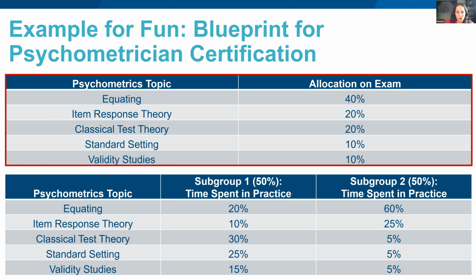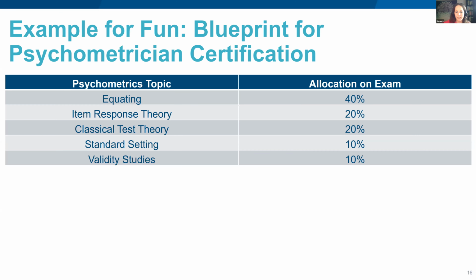Either way, the point and the reason for showing this is that it would be nice to know this type of thing up front before you're developing a blueprint if these types of populations actually exist. That way it doesn't come back to bite you later if you then develop an exam and it doesn't really accurately reflect your population. So again, just to elaborate, another example, again for fun.